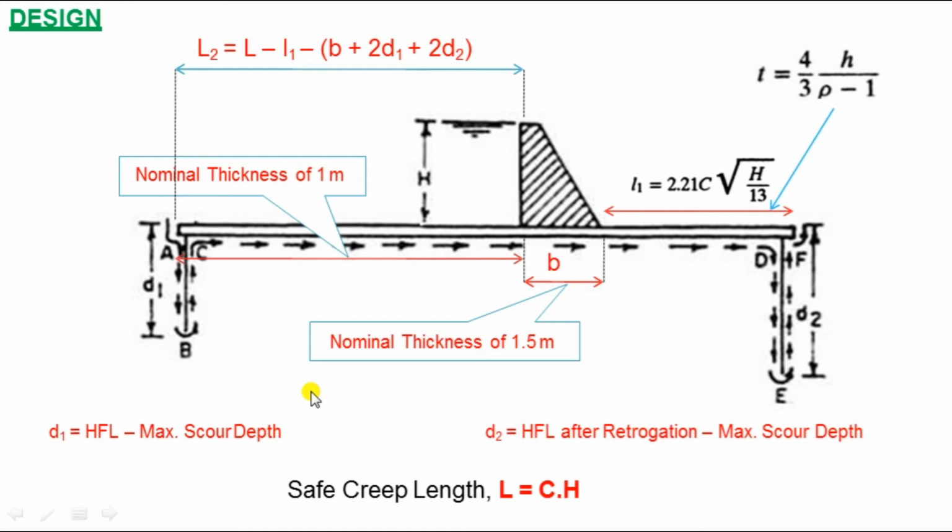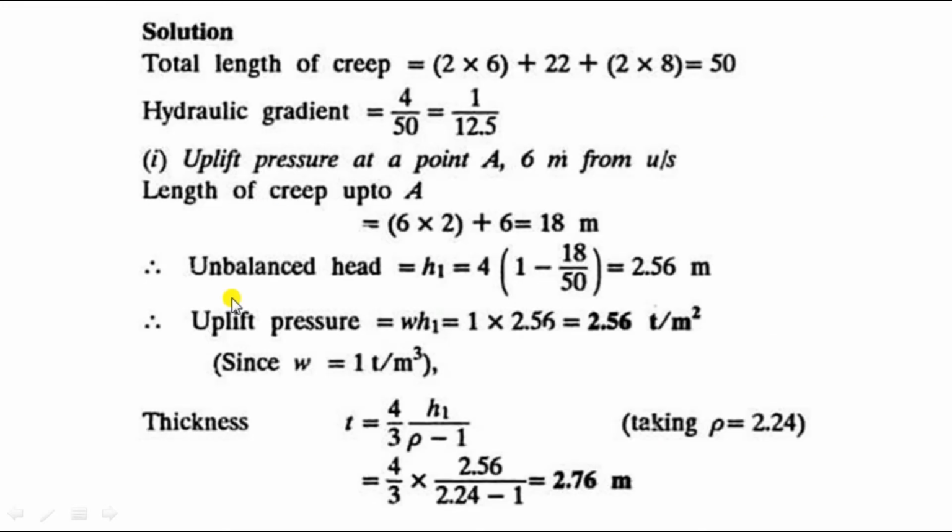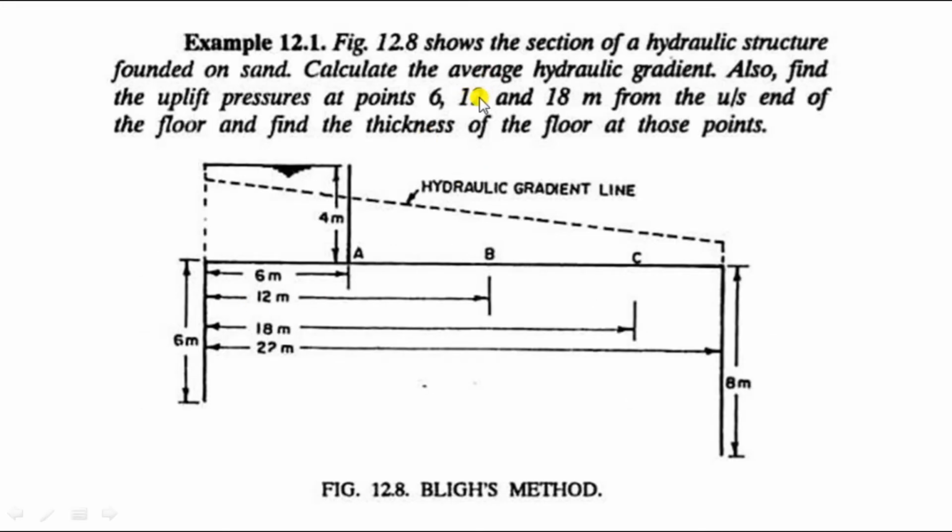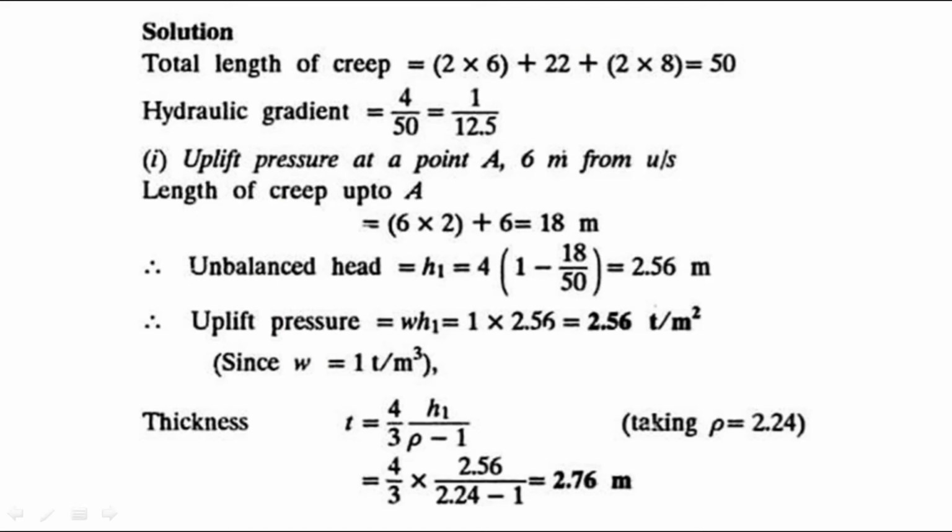Now we can use that design data for designing purpose. We also calculate the other required data, like 12 meter for 18 meter, by using the same way. At that point we require as much thickness, because thickness is decreasing as the head is reduced. That may be thickness becomes higher and higher, like 2.6 meter thick floor required at that point to prevent the uplift.